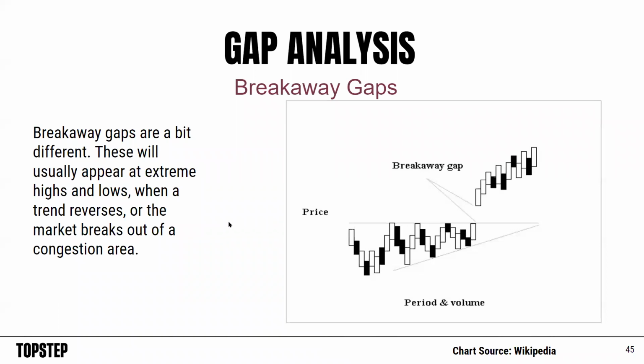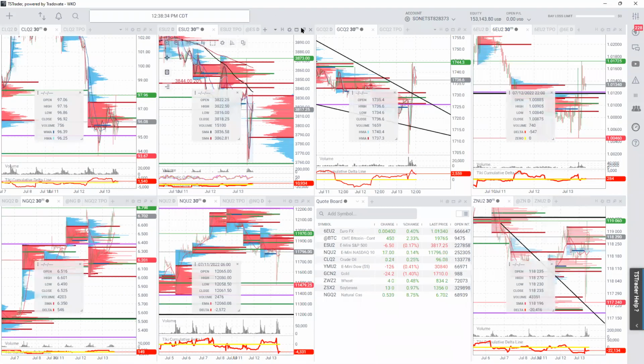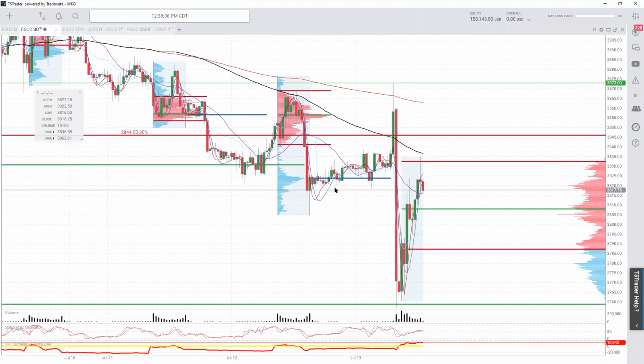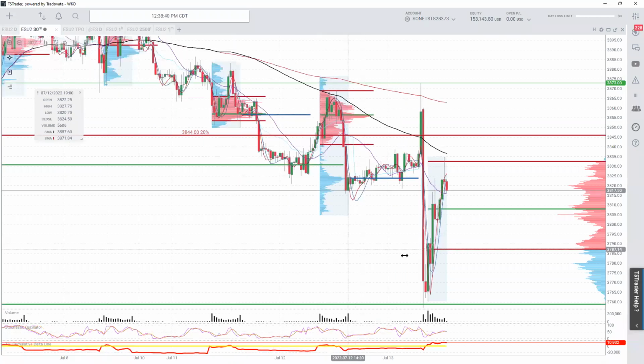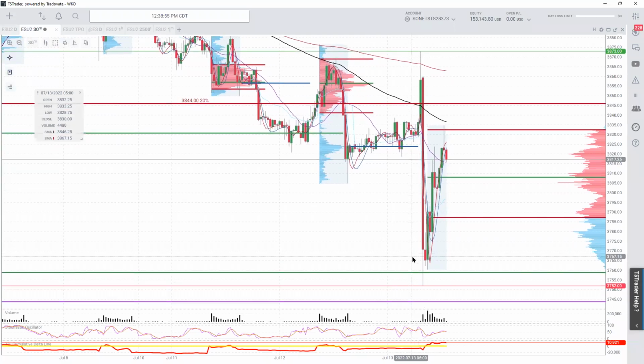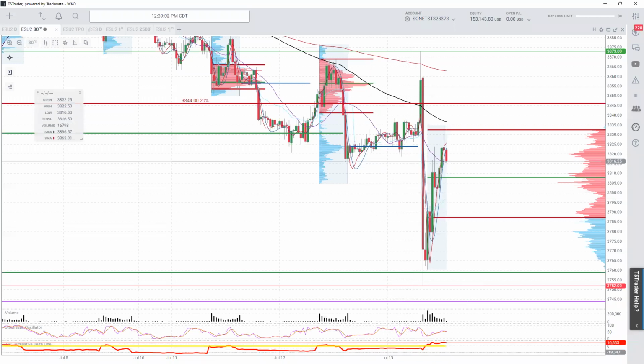Okay, so again, when we're looking at gaps, it's important to realize that we're looking at regular trading hour days, regular trading hour sessions to create the ranges that create the gaps. Here's yesterday's regular trading hour range. We opened outside of it, possibly a bigger opportunity. Why? The market is out of balance from the previous session. The market is either going to drive away from that area of balance or drive back into that area of